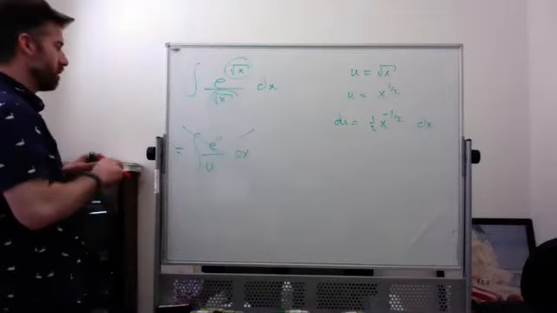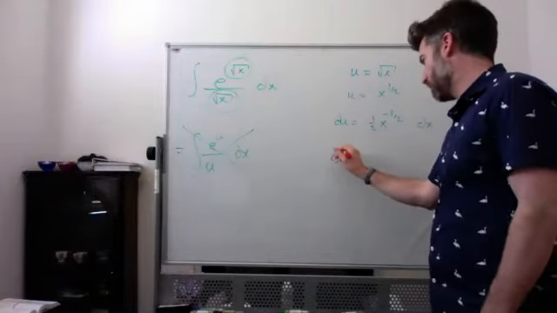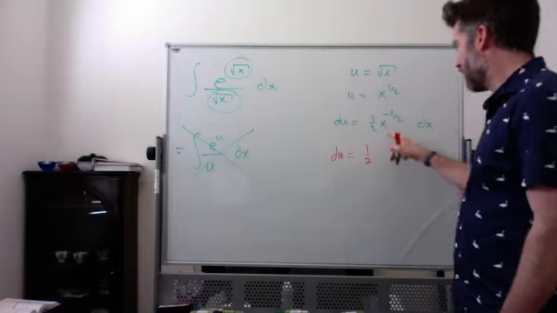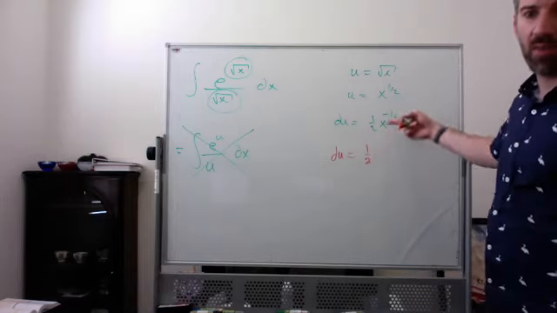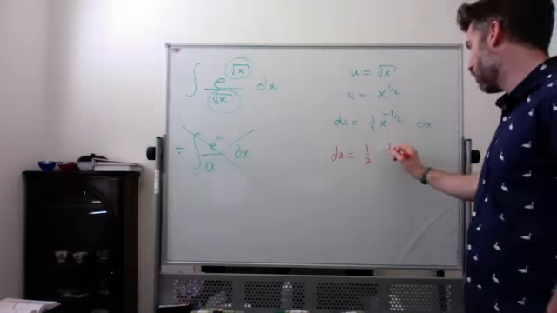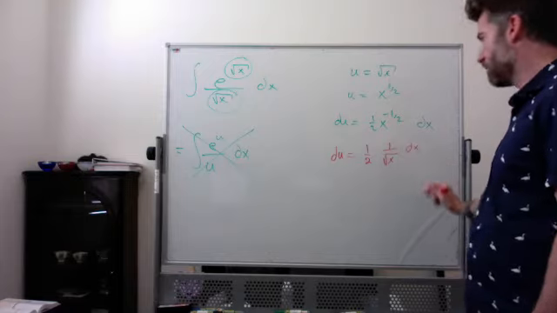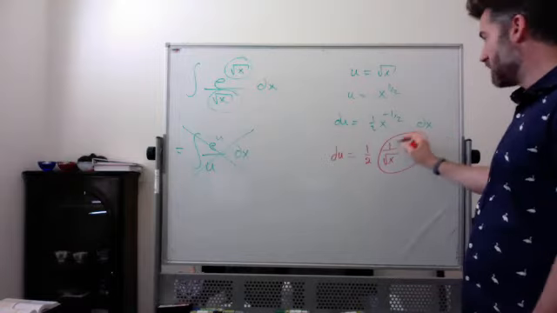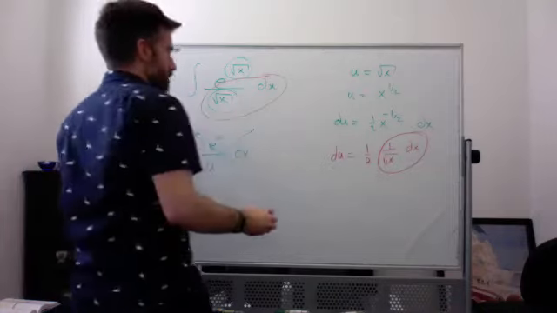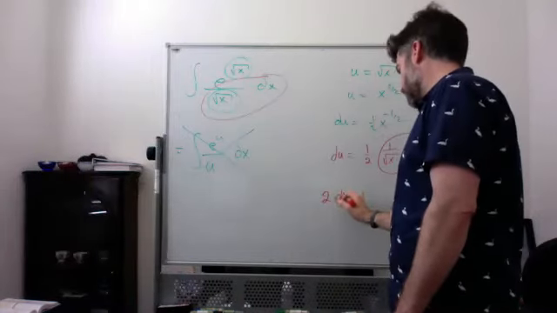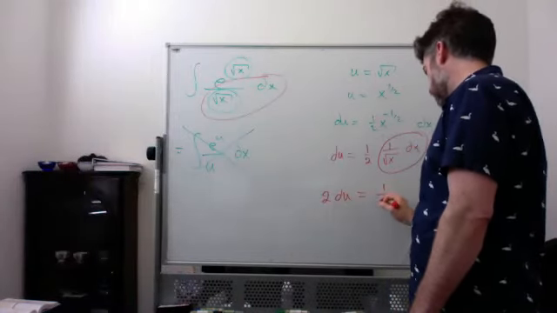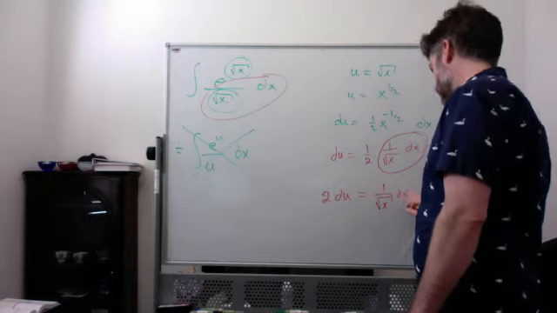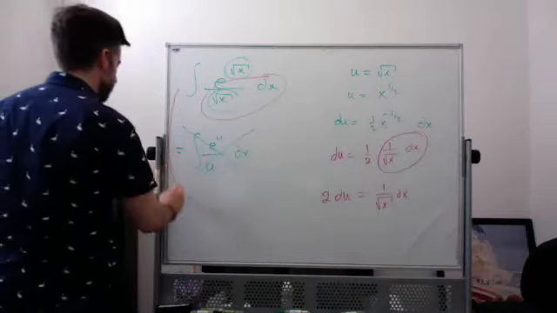So what I would actually do here is say, okay, well, this du, I'm going to rewrite this just a little bit. This is 1/2 x to the negative 1/2, which is 1 over x to the 1/2, or 1 over the square root of x dx. Now, if you look at this integral here, I have a dx over the square root of x right there. So I could say, well, look, 2 times du is equal to 1 over the square root of x dx. So I could rewrite this integral as